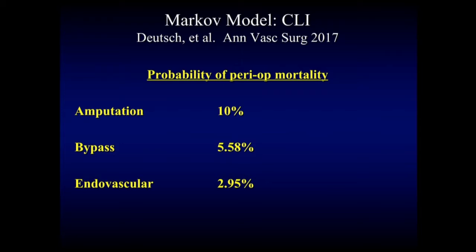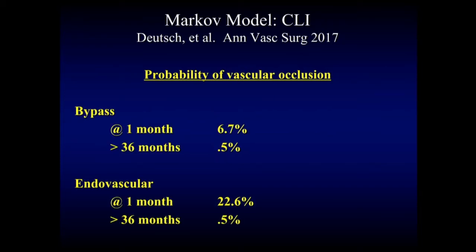Based on the literature, they said this is the probability of perioperative mortality: 10% for an amputation, about 6% for a bypass, and about half that for endo. They then looked at the probability of vascular occlusion and said that for a bypass at 1 month, about 7% will fail. And they looked at each month after that, and when they got to 36 months, it was about 0.5% per month. And the same for endo. So at 1 month, about a 22% failure rate. And they then used this model to say,